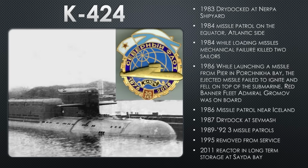That's up there in the Kola Peninsula by Murmansk for some dry dock time. In 1984, a missile patrol on the equator goes down the Atlantic side. So what she's doing down by the equator, even though she wouldn't normally have her missions down there, she's testing the navigational system, because the navigation in the Arctic and the navigation on the equator are 2 different methods of